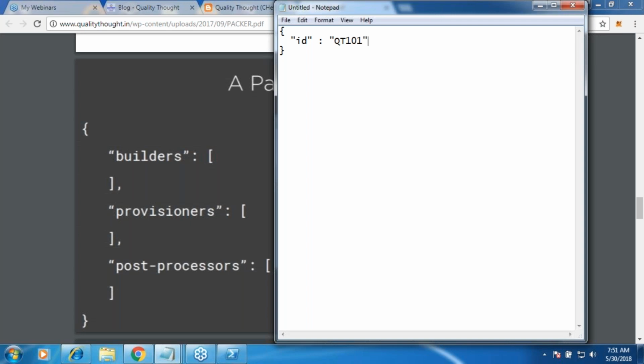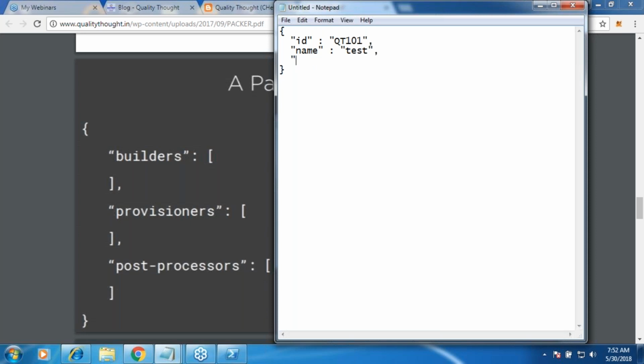I want to write the second key value. Key value pairs are differentiated by a comma. Now let us assume that I want to write about name. So name is, let us assume, test. Now I want to write about a third thing.